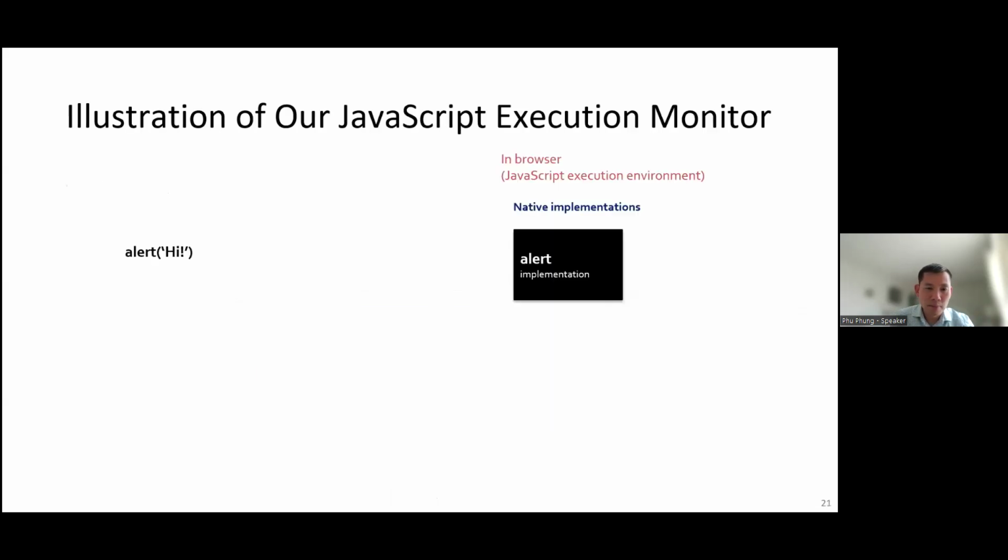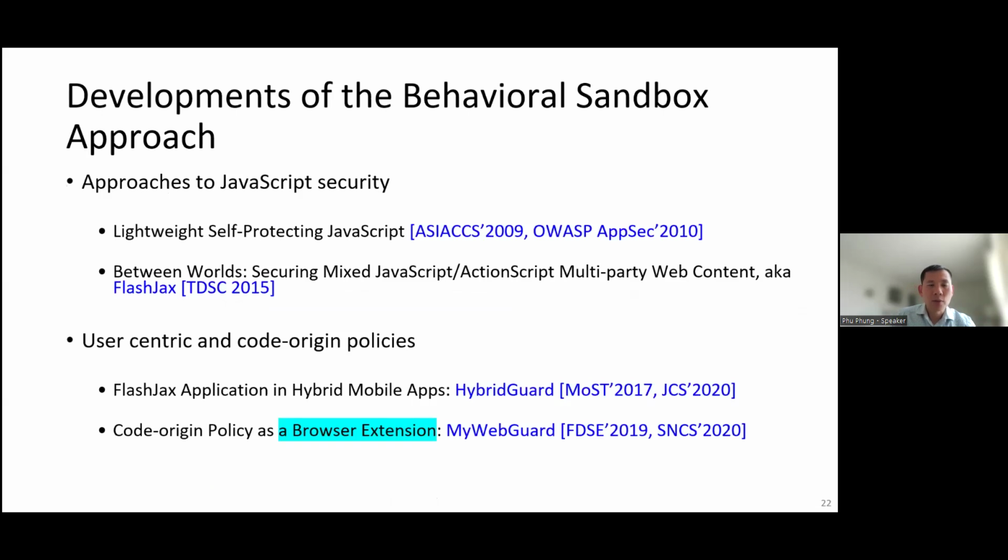This is the work that we have done fully in JavaScript security, and we have a couple of prototypes that try to secure the web. One prototype that I will present next, related to the work I mentioned, is a browser extension using this technique, called MyWebGuard, which we published a couple of years ago.